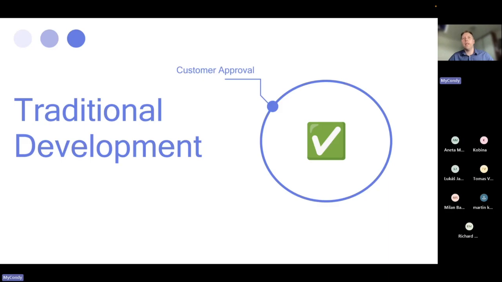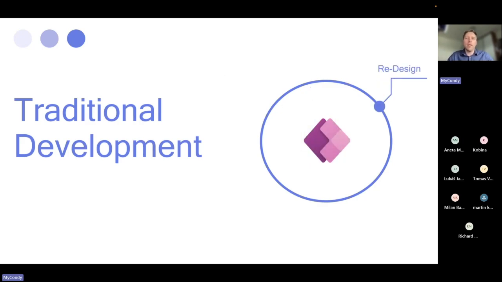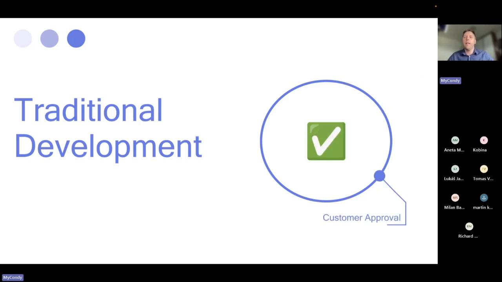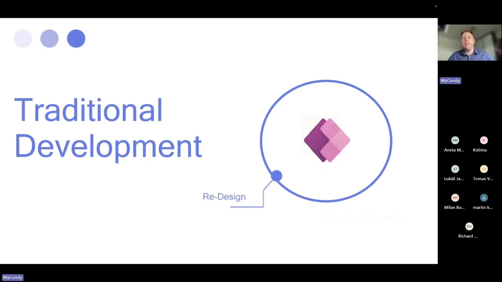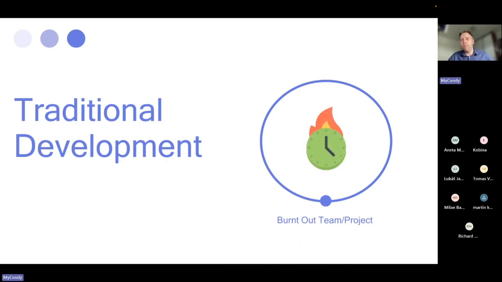After that, you show the demo to the customer for approving your screens and your logic. When the customer is not happy with your design or some logic inside of Power Apps, he will mention that something must be changed. So next round, you will redesign something, put it to the customer for approval again, and again you will redesign it and put it to the customer,